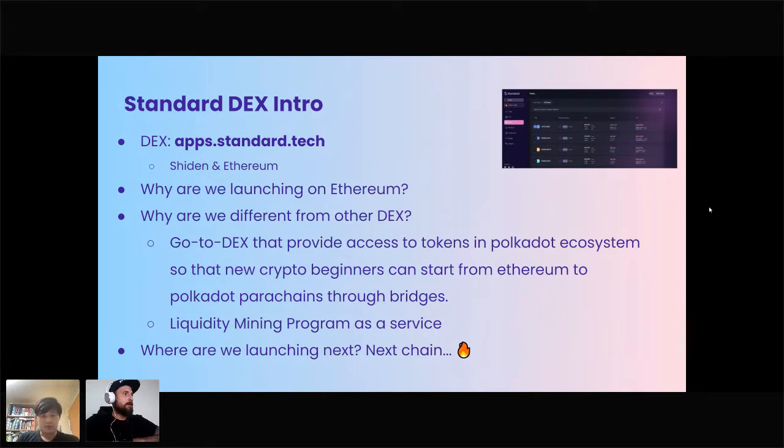Sure, yeah, we can pretty much do anything, right? We even support layer two, such as Metis. Yeah, but what is also the nice thing which differentiates Standard from other DEXes